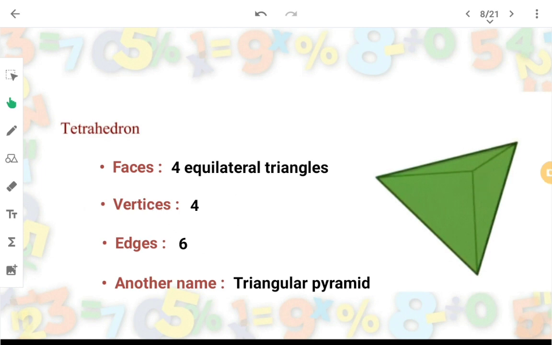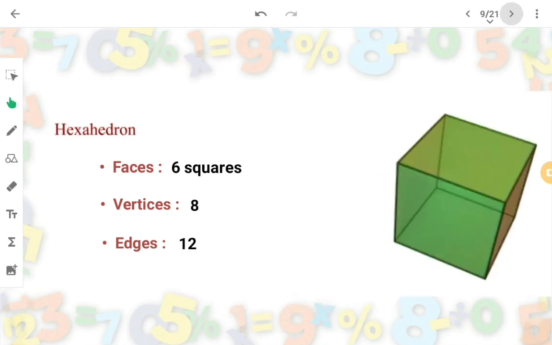4 vertices. And edges. An edge is nothing but when two faces meet at one side, that side we call an edge. How many edges are there? 1, 2, 3, 4, 5, 6. And another name for this one is triangular pyramid. Have you understood what a face, vertex and edge are? Yes. And the next one is